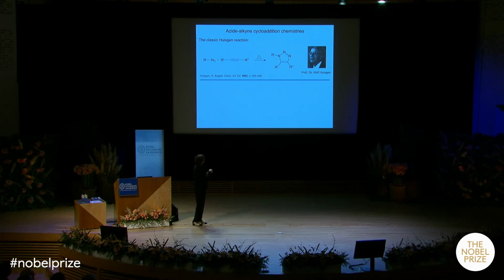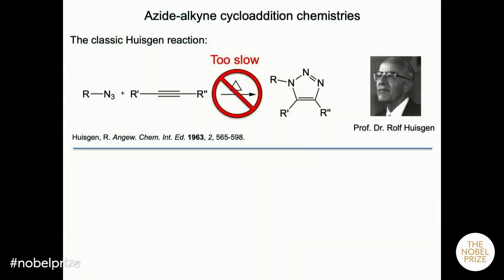And yet these two will react with each other to form a product called the triazole. Now, the reason I say this is almost, but not quite, bioorthogonal is because this reaction is very slow at room temperature, much slower even than the Staudinger chemistry. Which is why when people do these reactions in the fume hood, in the chemistry lab, they generally have to reflux the reaction at high temperatures, like 100 degrees C. So at biological temperatures, we thought of this Huisgen chemistry as just being too slow for our needs.